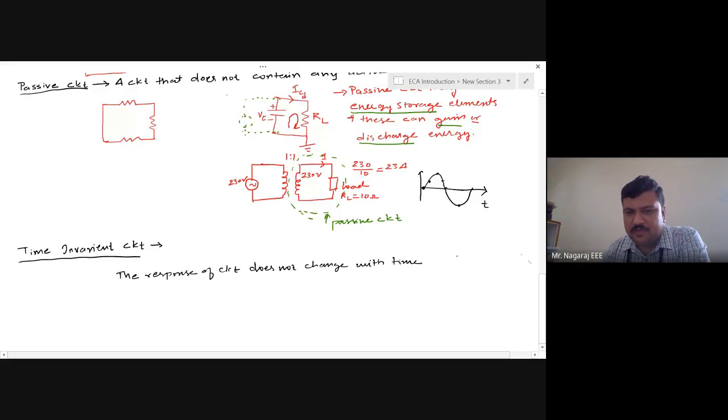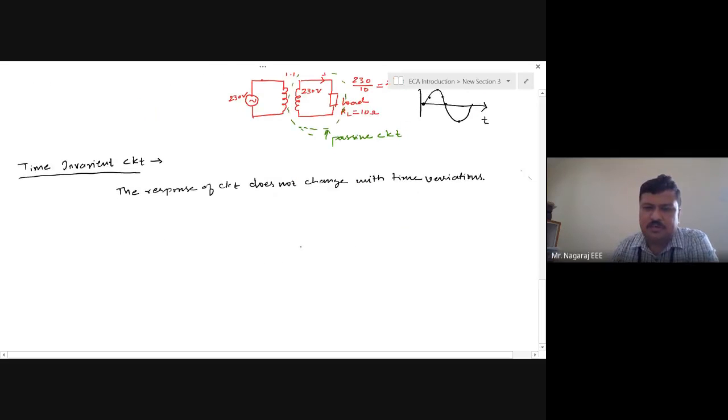With time variations. So what does it exactly mean? Time invariance understanding is important especially for electrical and electronic engineers, because most of the hardware systems we design for time invariance only. So a very simple example I can give you now is, suppose I have a resistor.